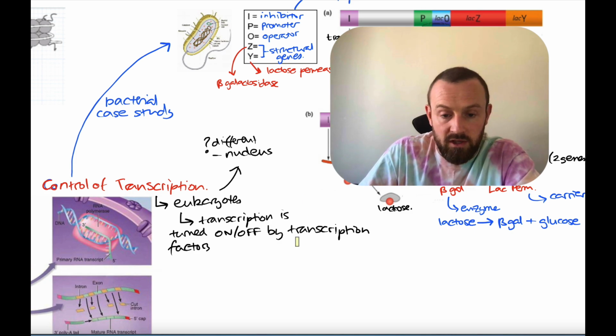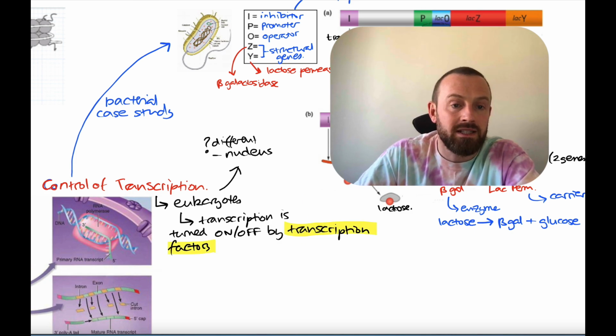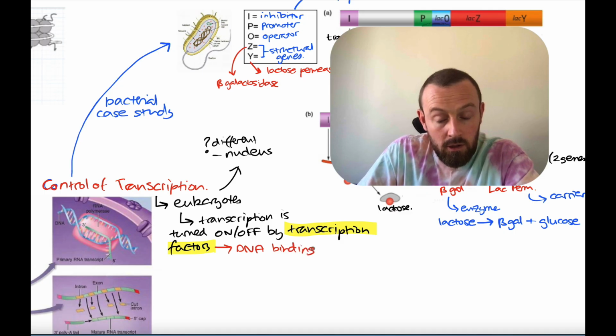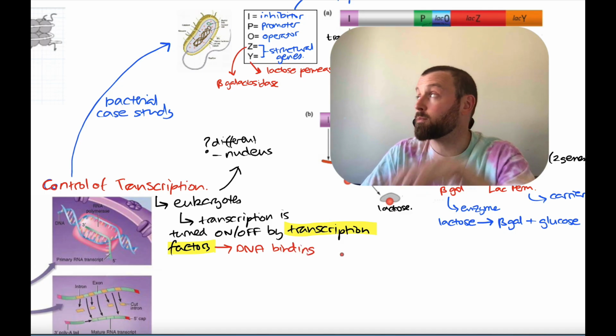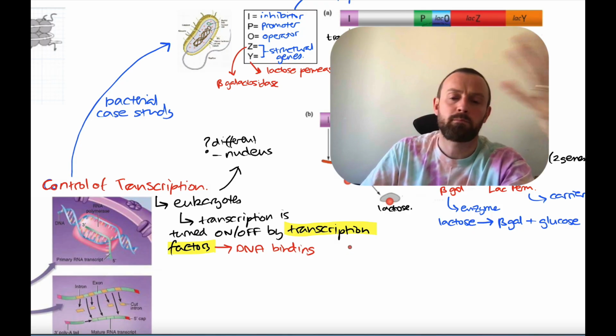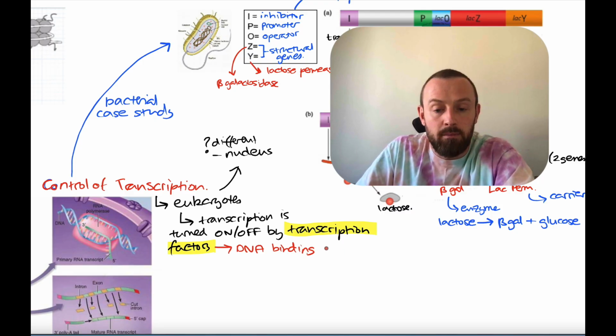Let's highlight that word, transcription factors. So transcription factors are DNA binding proteins. So they can bind to promoters to allow the DNA to be transcribed into messenger RNA, or they could bind to promoters to block it from being transcribed. So DNA binding proteins